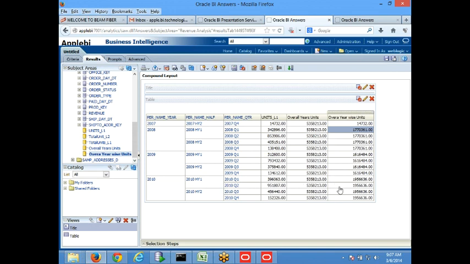So these are called level based measures. Okay, means always the calculation is being done at one particular level. So that is called level based measure. So regular measures always will do calculation